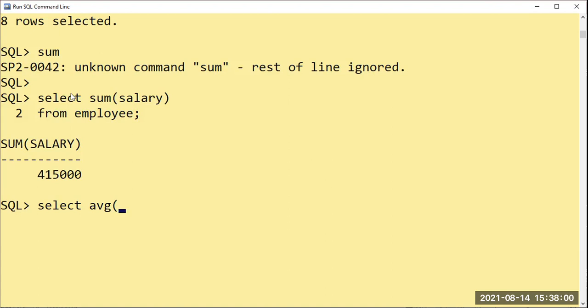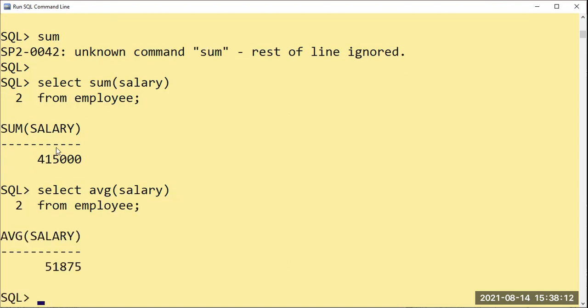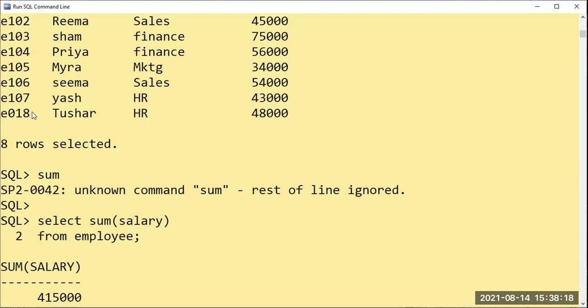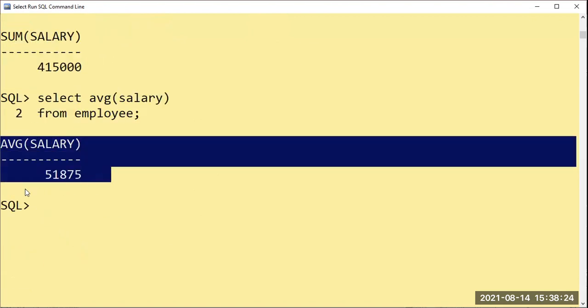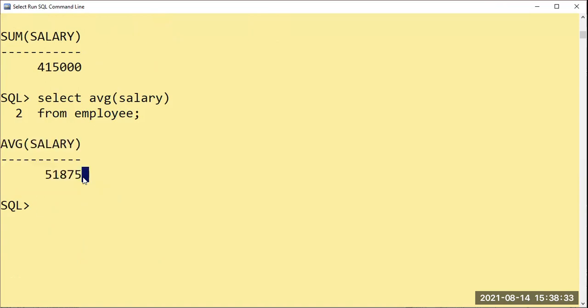So these are aggregate functions here. Okay, select average, again for the salary itself, and from which table? From employee. So what happened? 4,15,000 divided by how many members were there? 8. So it gets calculated, and the average salary comes as 51,875. That means how much would each person get? Equality should be there. The word point has been discarded; to apply the points again we need an advanced level, which is not there right now. So it is sufficient: select average salary from employee.